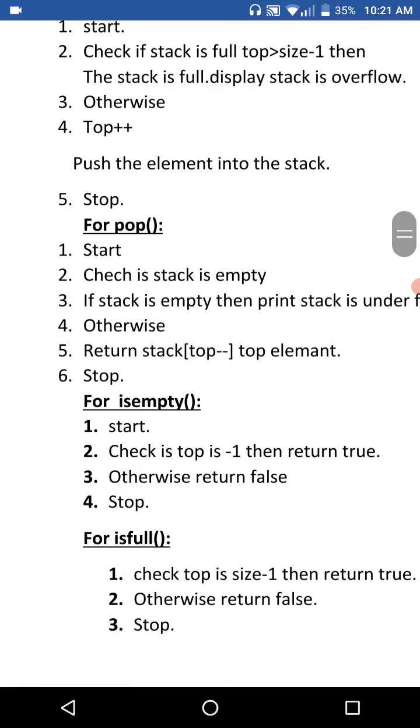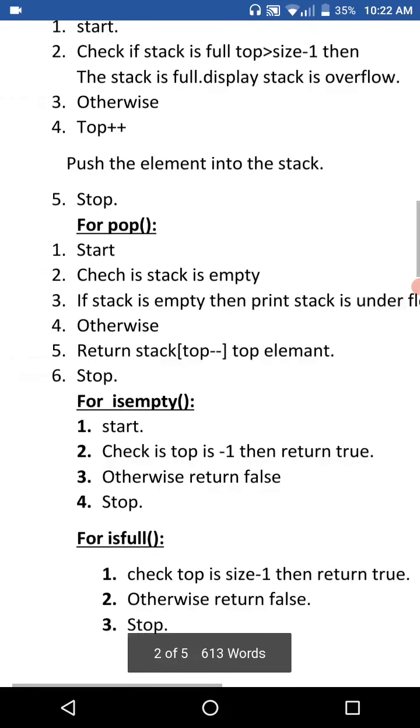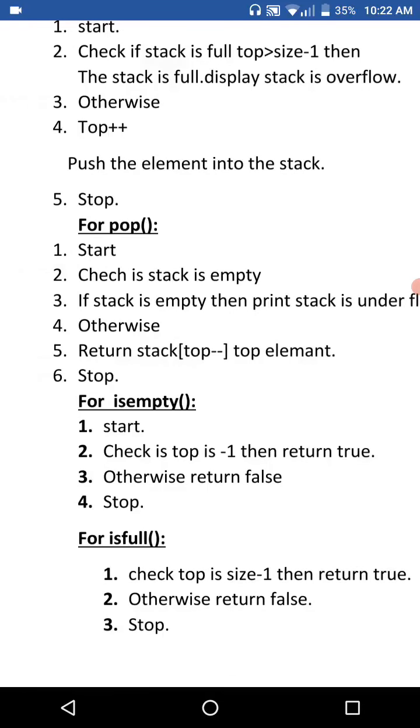Next, if you want to remove an element from the stack, how can we remove? If nothing is inside the stack, we cannot remove anything. So initially, in the pop operation, we have to check whether the stack is empty. If it is empty, we have to specify the stack is empty, and it is an underflow condition. So going out of the size is an overflow, and the stack being empty is an underflow condition. Otherwise we can remove an element from the top.